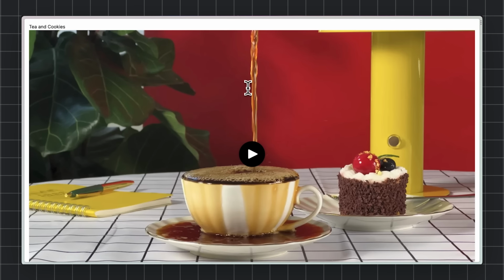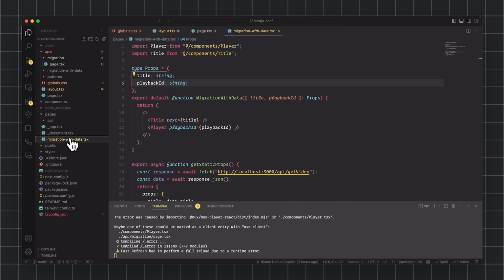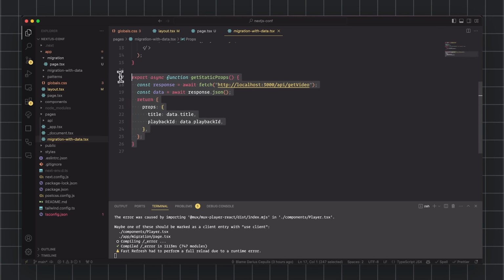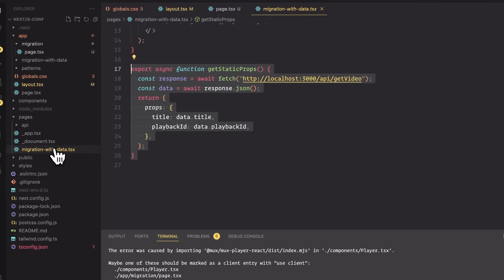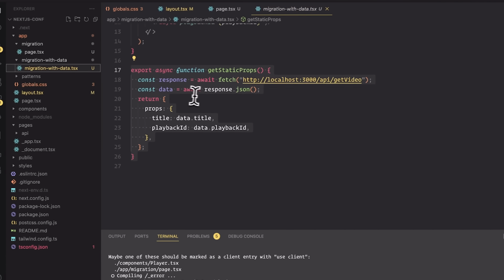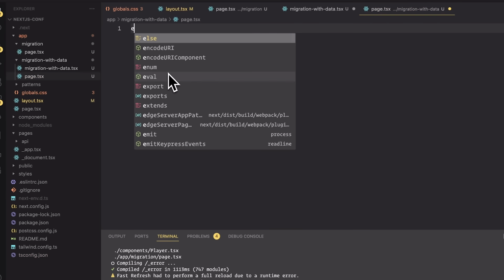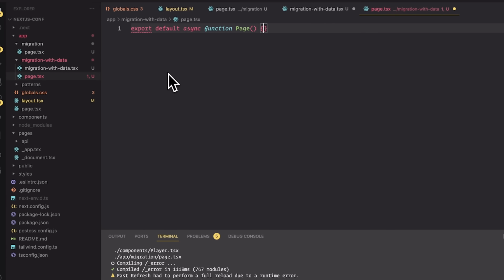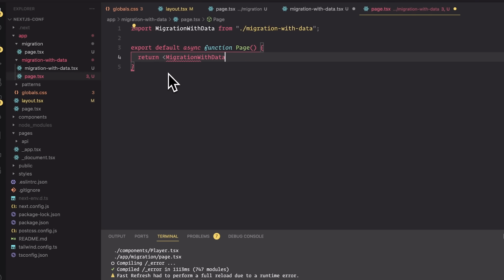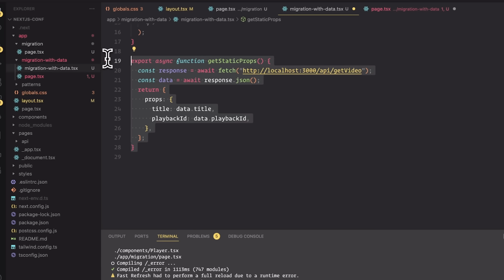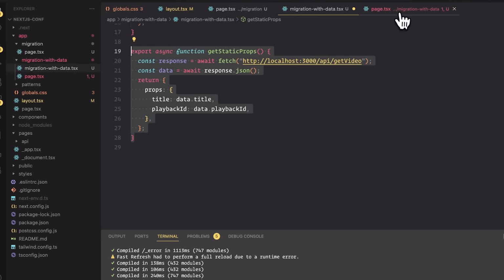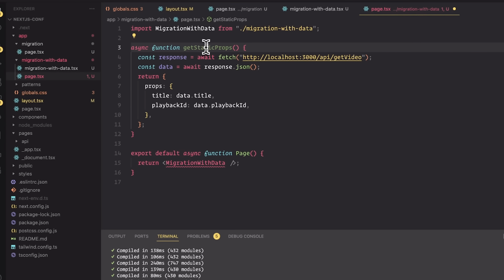But what happens if you have server-side data fetching in, for example, get static props? You can't do that on the client. So let's do this slightly differently. When we move this route up to the app router, let's move it just as a client component. And then let's import that component in page.tsx. Page.tsx is running on the server, so we can just directly fetch data there.